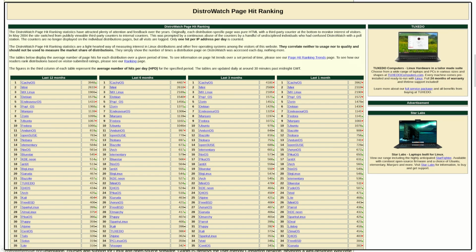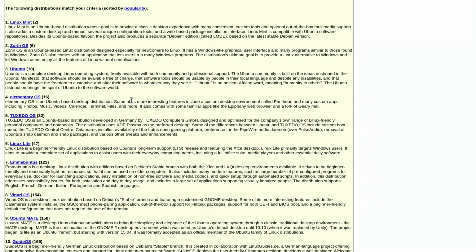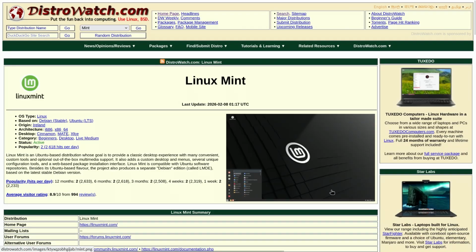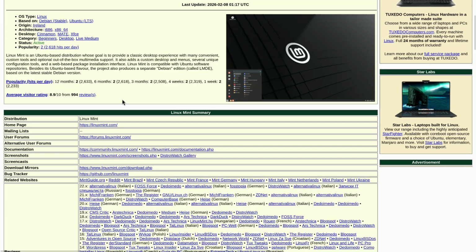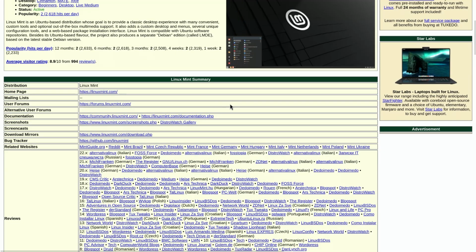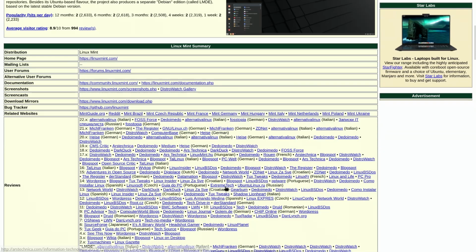That's DistroWatch's popularity ranking, a good indicator of how widely these distros are searched for. To know more about these distros, simply click on their name and it will take you to the distribution's dedicated information page. And these pages are treasure troves of information. Here you will find everything you need, starting from basic information to website links, community forum links, download page links, independent reviews, and so much more.